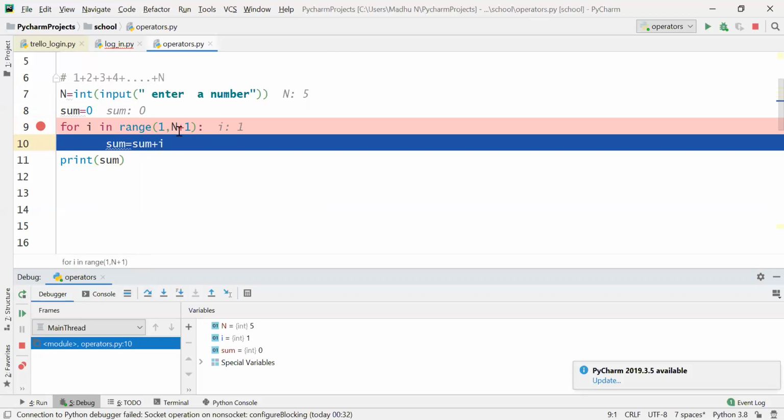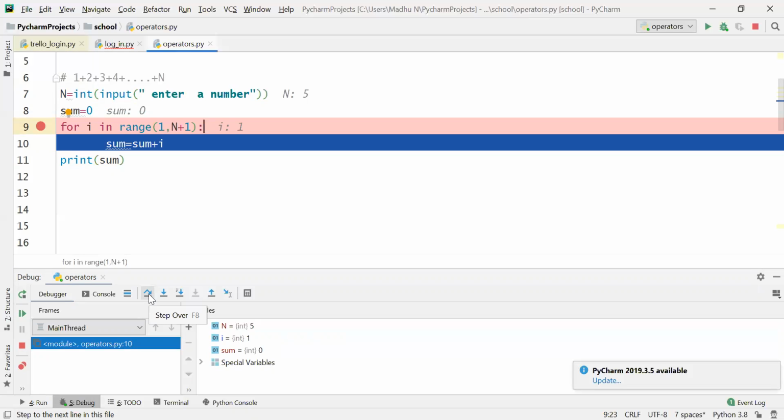Next step will be, for the first time i value will be 1. Since the range started with 1, that's why the value of i will be 1. Now what will be the sum here? Sum is equal to 0 plus i. i is 1. So sum is 1.